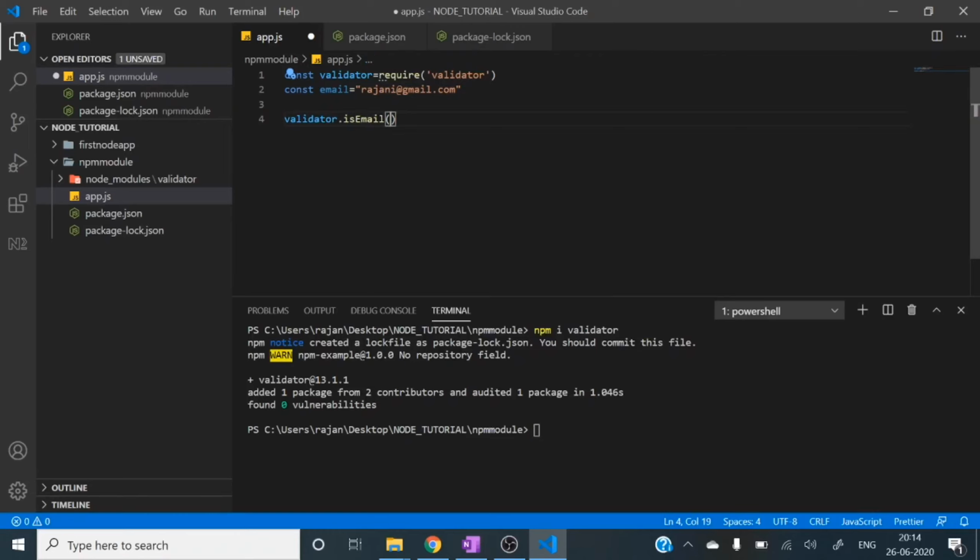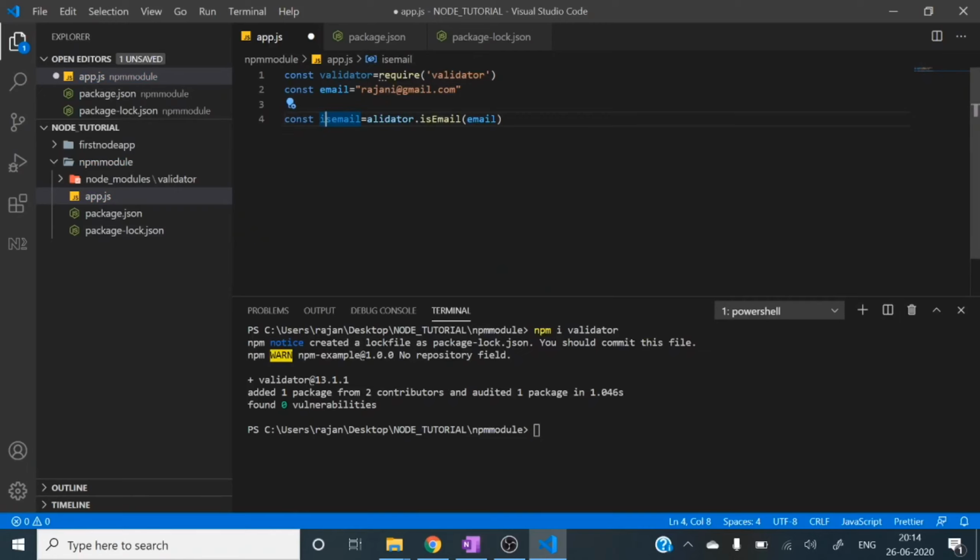It will return a boolean value. If this email is correct, it will return true, otherwise it will return false. Sorry, here one v is there, that's why it's showing error.